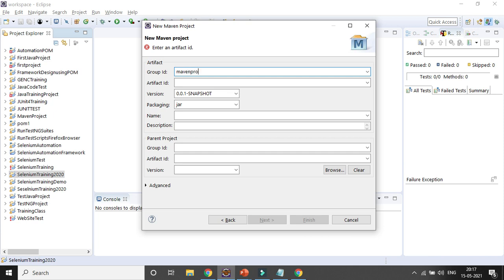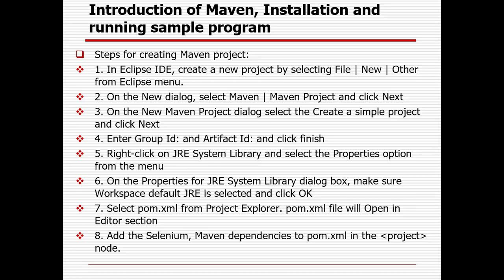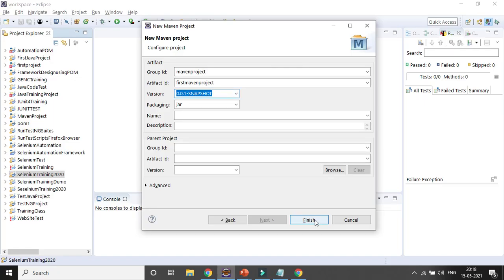For the Maven project, I am giving first Maven. This is the group ID, and the artifact ID you need to give here as well. Once you give the group ID and artifact ID, you just click on the Finish button.